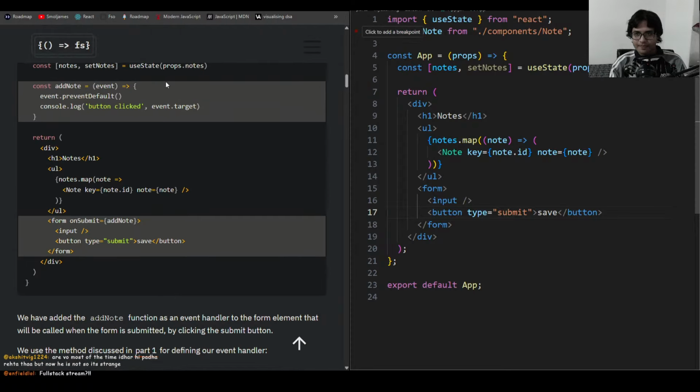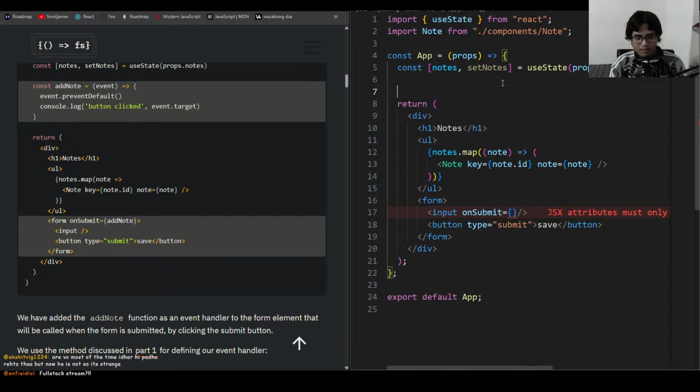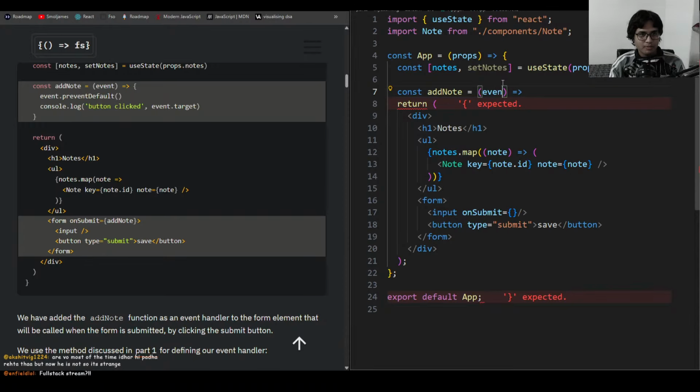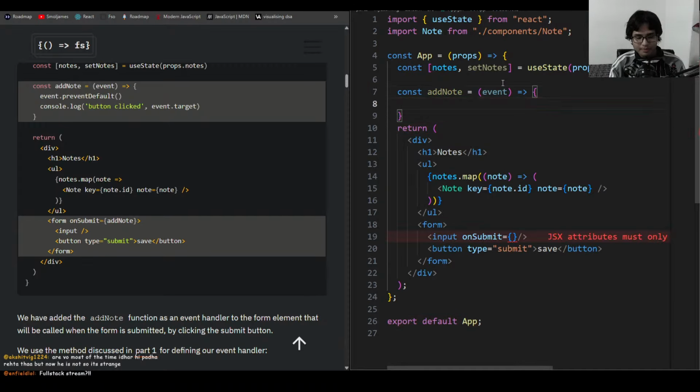Okay. And then on submit, this thing is gonna happen. We will write this const add node. So event, const event and